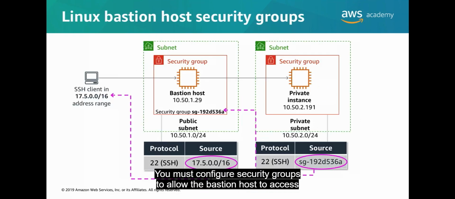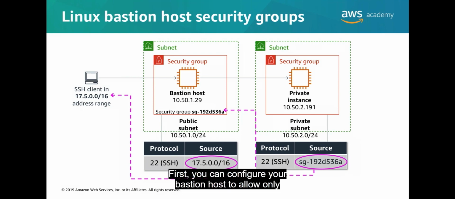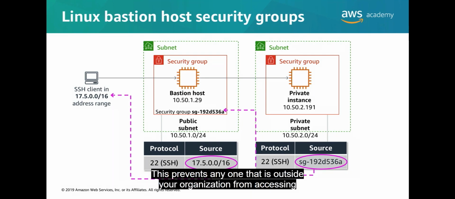You must configure security groups to allow the Bastion host to access an instance in your private subnet. First, you can configure your Bastion host to allow only connections from your corporate network. This prevents anyone that is outside your organization from accessing the Bastion host. In the example, the Bastion host accepts only requests from SSH clients in the